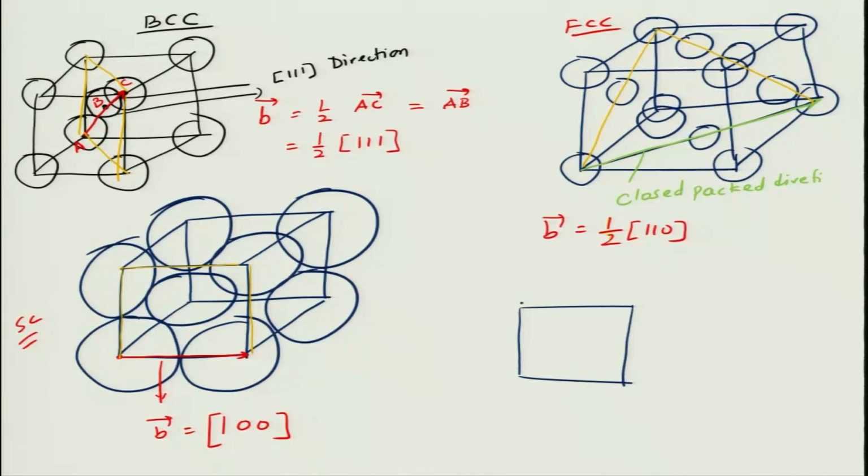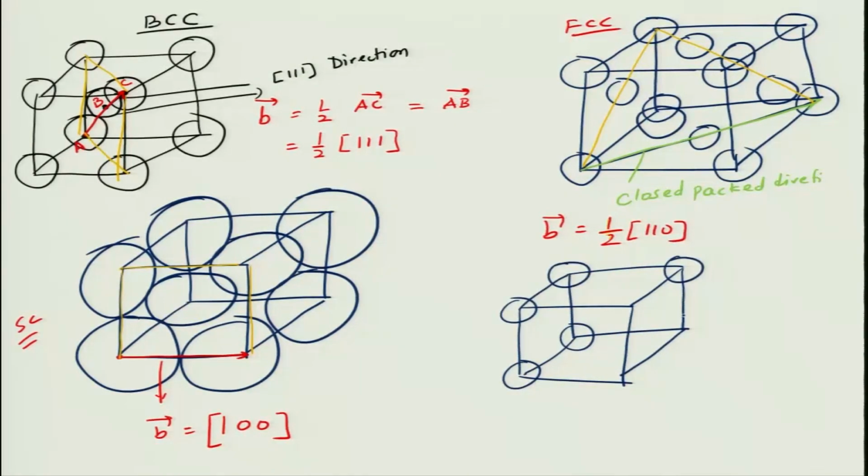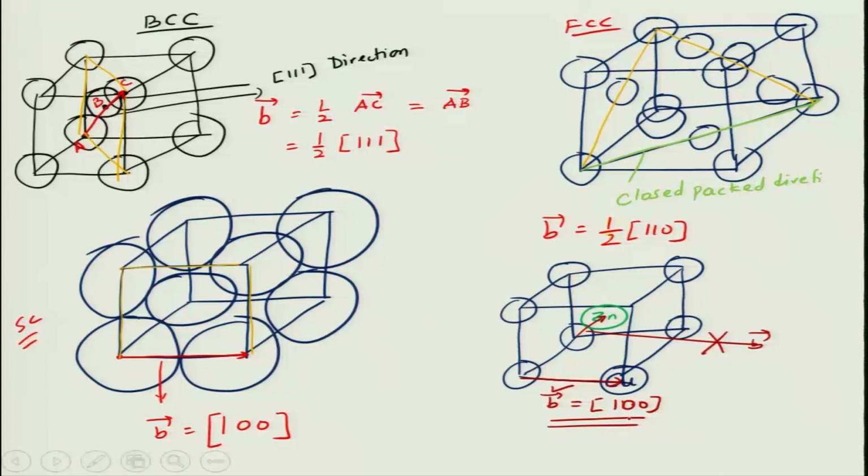if you take a cesium chloride crystal or a copper zinc system, let us say you have this kind of copper zinc, where this is copper and then you have zinc somewhere in between. So, this is zinc and these are all copper. Now, if you want to determine the Burgers vector, this will not be the Burgers vector. You can go from copper to zinc, but that is not B. B will be this. So, this will be B. Although it looks like BCC, it is a simple cubic lattice.